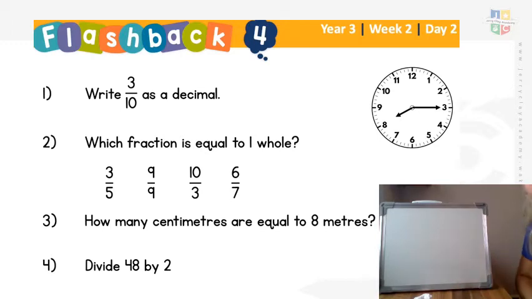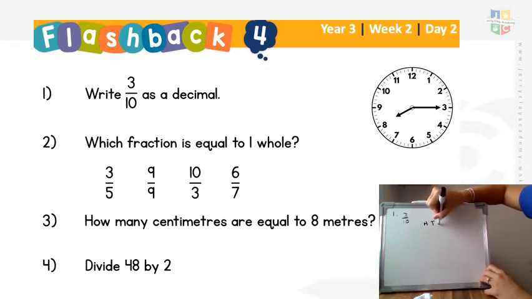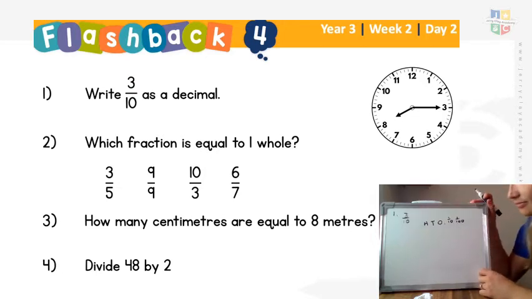So let's have a look at number 1. Number 1 is where we are turning 3/10 into a decimal. Now, if we write our HTO, remember then it becomes a decimal. And then after the decimal, we have tenths, and then we have hundredths. So if you wrote out your hundredths, tens, and ones column and showed